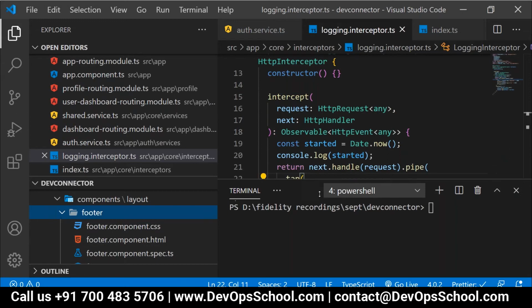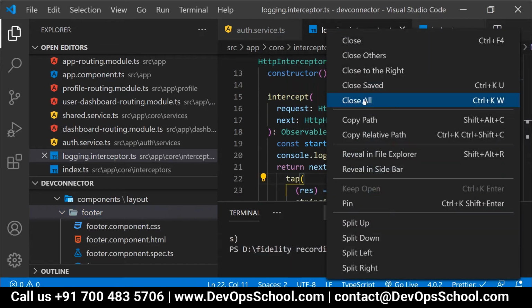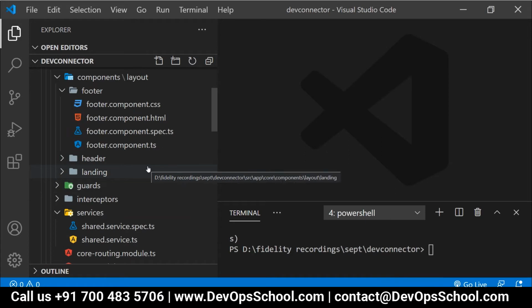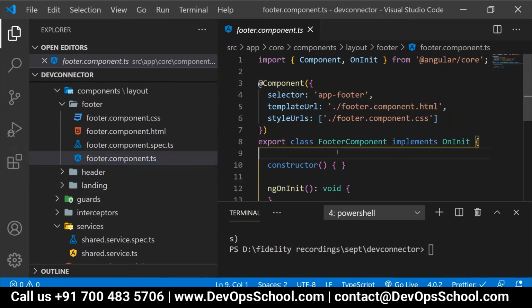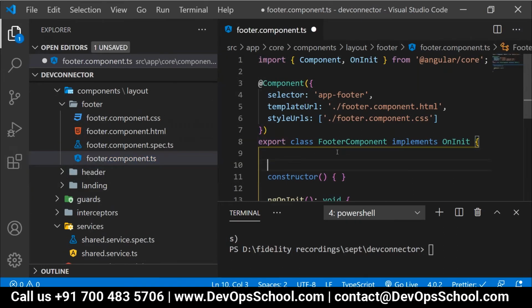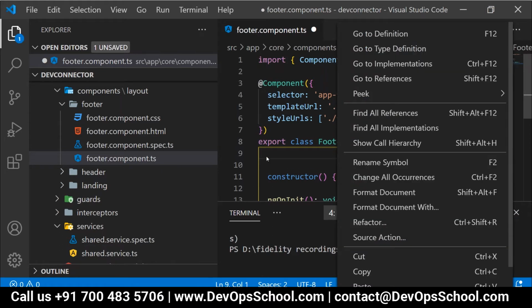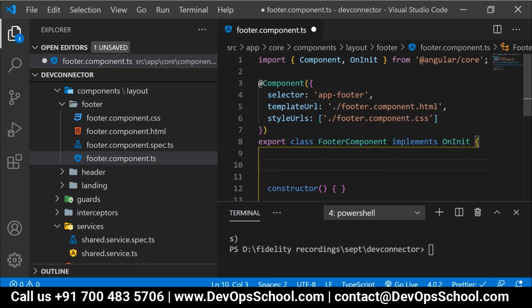Okay, now to solve this problem, let me close all these files. And to solve this issue, people, can you do one thing? Can you please go to the footer.component.ts quickly? Everyone, can you go to the footer.component.ts? Inside this footer.component.ts file, what we'll do,